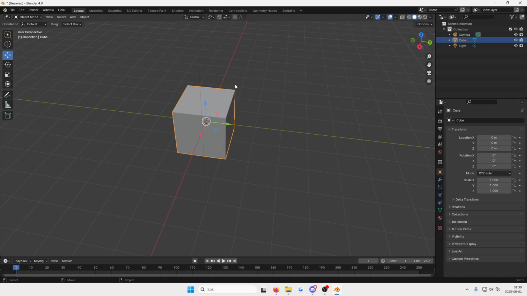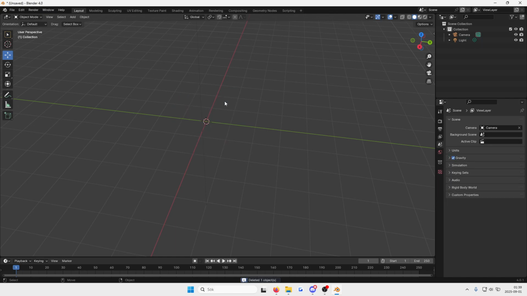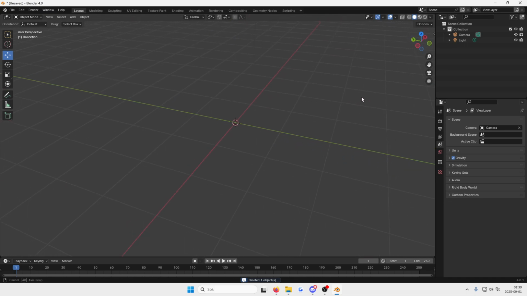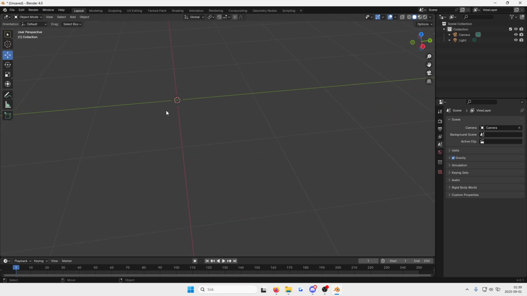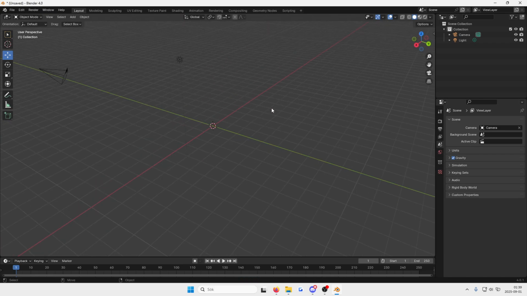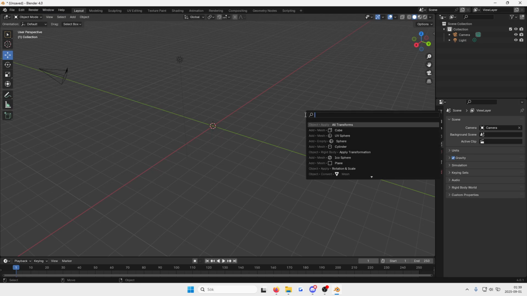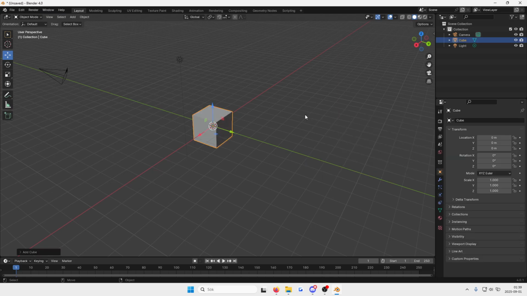C to move cursor. Okay, I'm going to remove the cube for one moment. Blender uses something called the cursor. You can see it right there. Essentially, that's where all the objects will spawn when you create them. If I press tab and then create, add mesh cube, it's going to be right there. If I press C,